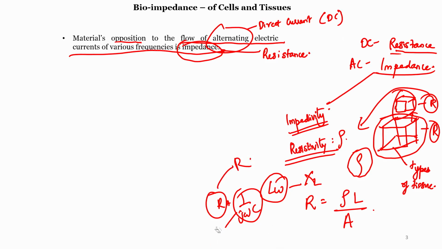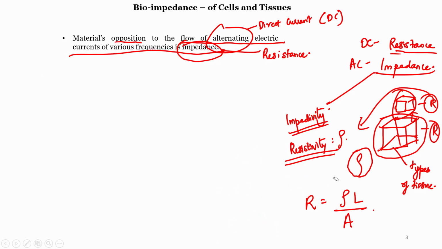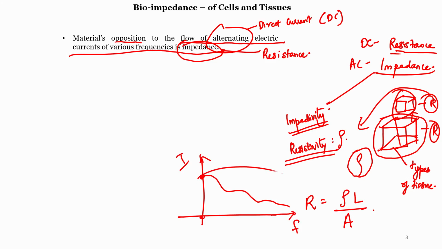But the idea is that impedivity is a more general term; we can always derive resistivity from the impedivity value. Impedivity is the specific property of the opposition to the flow of current, normalized to the dimensions, as a function of frequency, right. Now, at 0 frequency, whatever impedivity value we get, ideally that should be equal to the resistivity, correct, because at 0 frequency the capacitive reactance and inductive reactance are not taken into consideration.